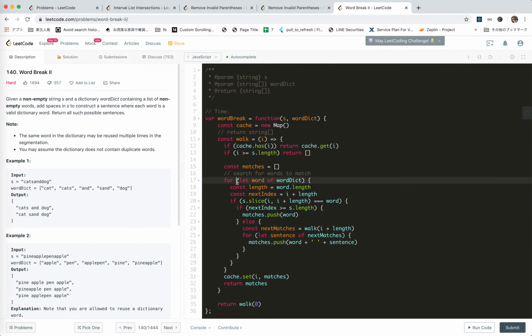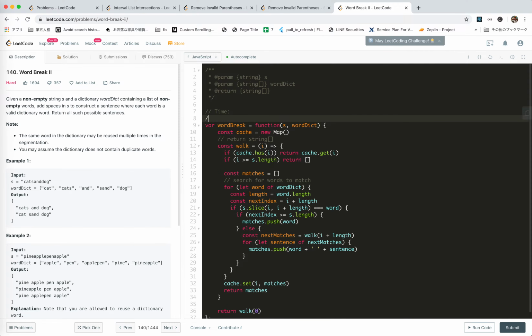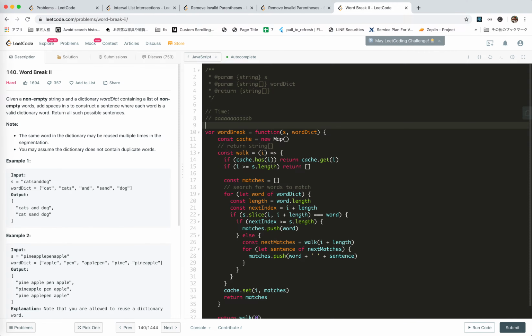This will loop through all the dictionary words, which I think have no duplicates. So the worst case would be, as we analyzed before, something like this, right? So the time would be